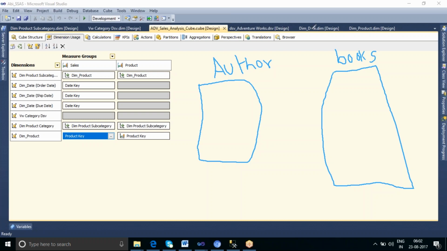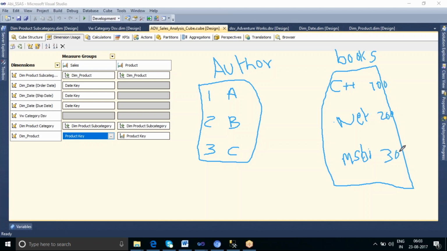Let us say I have some authors. Author one, his name is A, and author two, his name is B, and author C. I have some author names, and let us say some book names: C++, .NET, and some MSPX. And some book ID for each book, let us say 100 and 200.